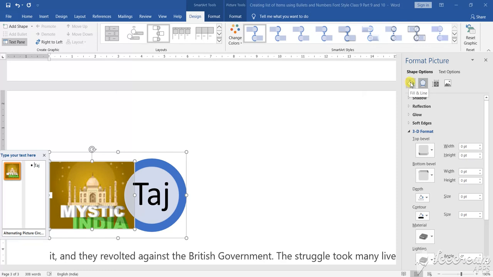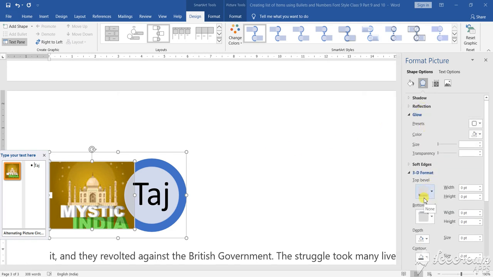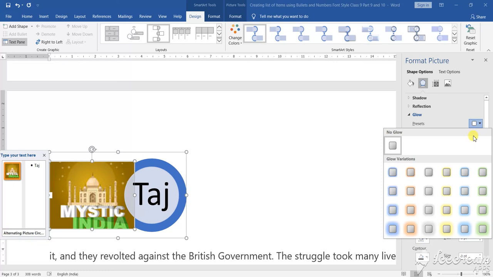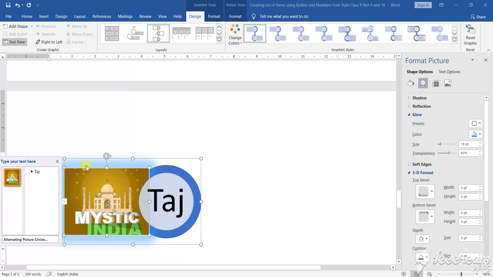Now in this particular area, as I have shown you earlier also, there are different patterns of color shading, then picture effects. A 3D glowing effect is there. If you want to give it a glowing effect, that is also possible for you. What glowing effect do you want to give? Suppose this glowing effect or this pattern of glowing effect, a bluish glowing effect. See here, the glowing effect is applied here. So this is how you can design the different types of pictures and clip art that will be inserted in your work. So if you want, you can close this.